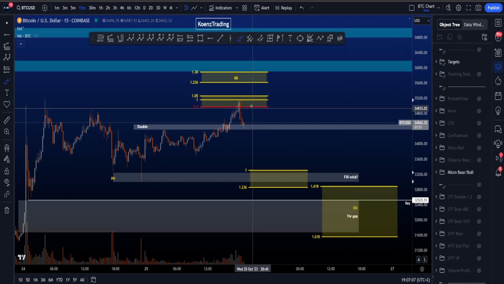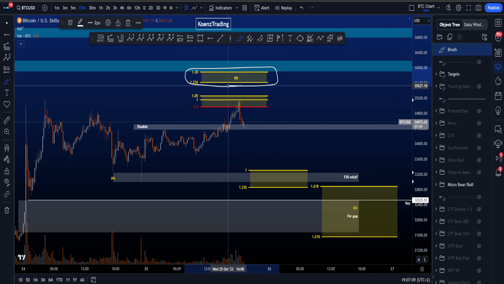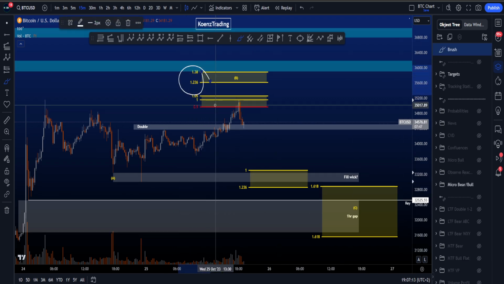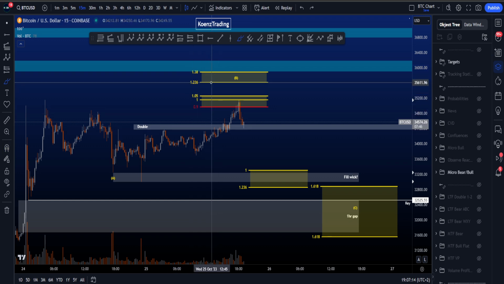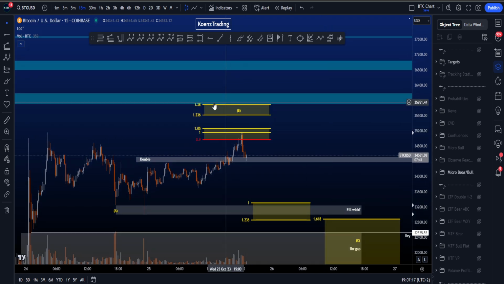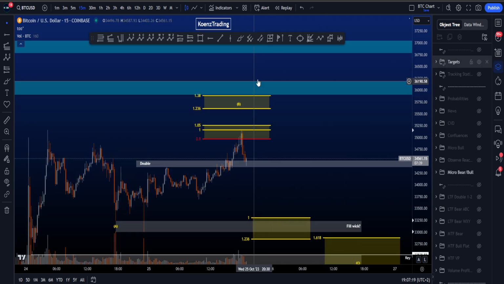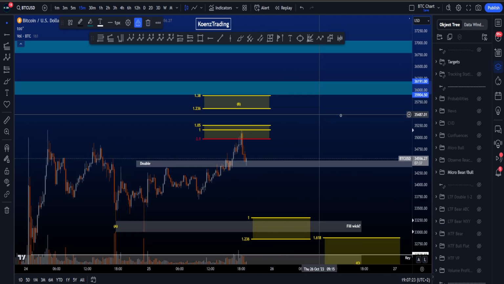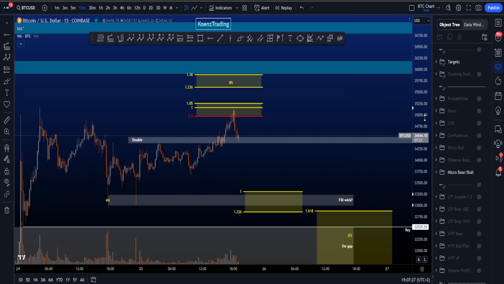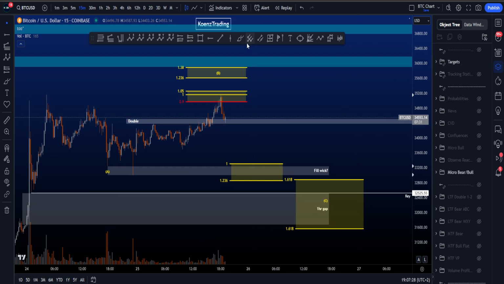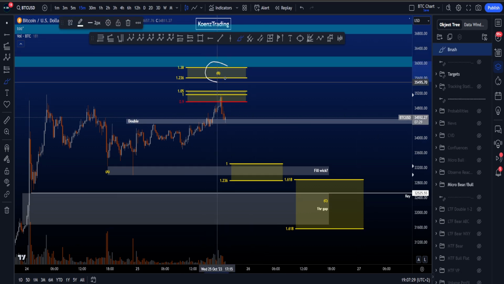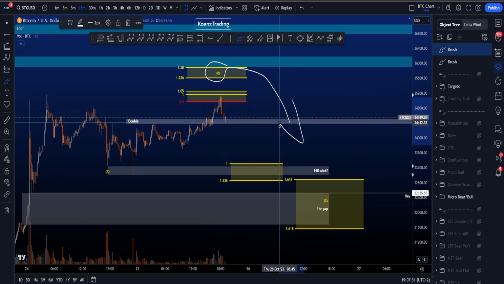Now for an expanding flat, you're looking for B to go higher between the 1.236 and the 1.38, which is between 35.6k and 35.9k, and just above the 1.38 we also have this resistance area for some additional resistance between 35.9k and 36.2k. Now also in an expanding flat wave B, you're then looking for a wave C to the